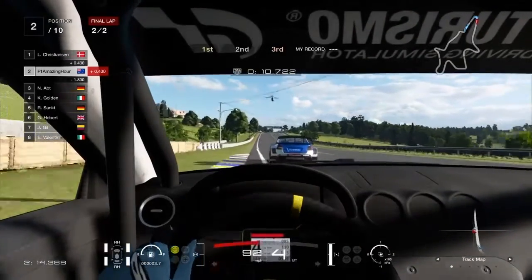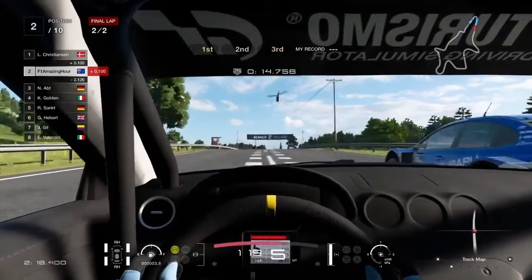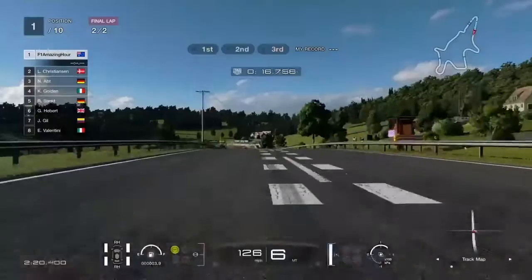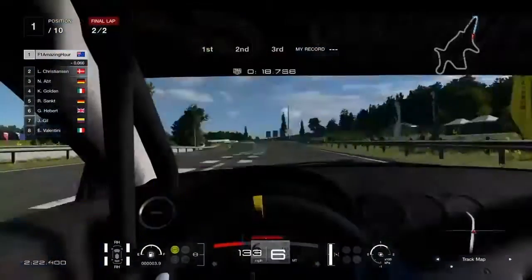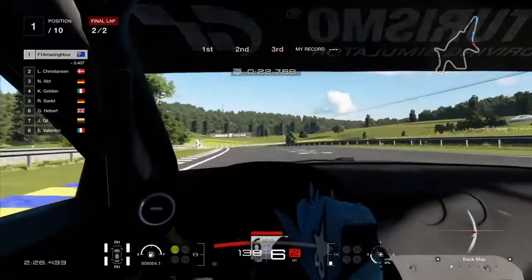So, yeah, it's quite easy to do, but we negotiated it successfully that time around. And making a move on the Subaru now. That is up into the lead, and that should be job done. And now I think it's just a case of